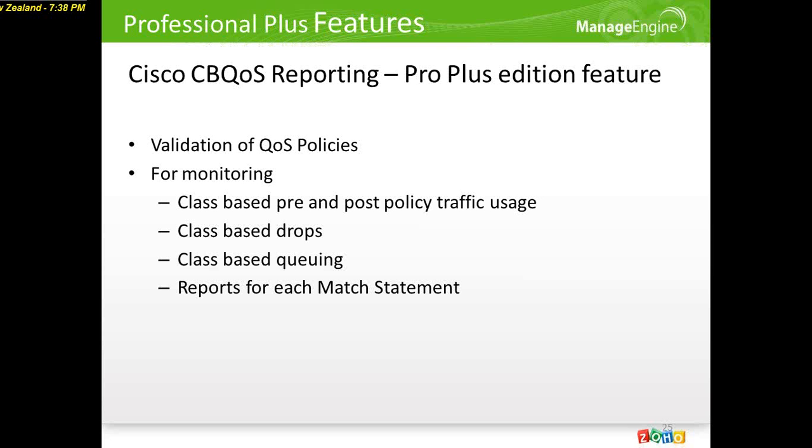As I told you, all the corporate networks or even core companies want to prioritize their business critical applications, so they are setting QoS policies on their WAN interface to shape their traffic or allocate more bandwidth for their business critical application. So once the policy is implemented and 90% of a bandwidth should be given to a particular application, and if they want to see how that particular policy is behaving, we can use